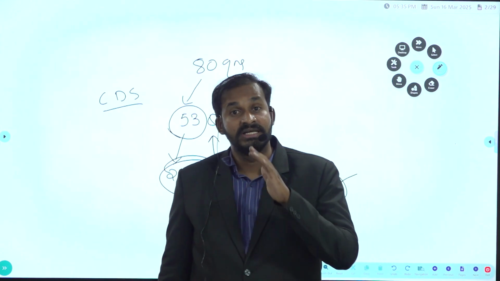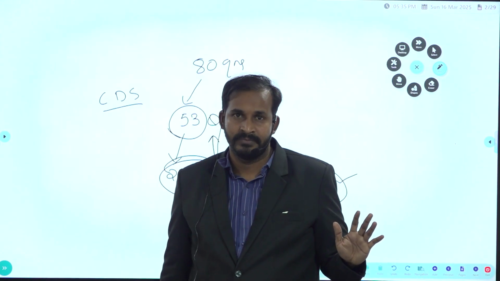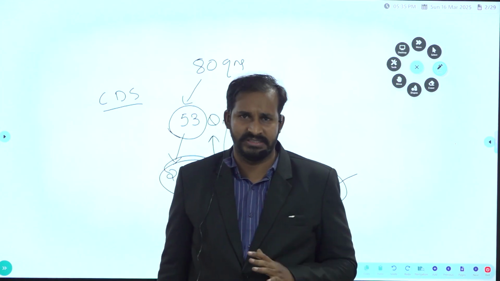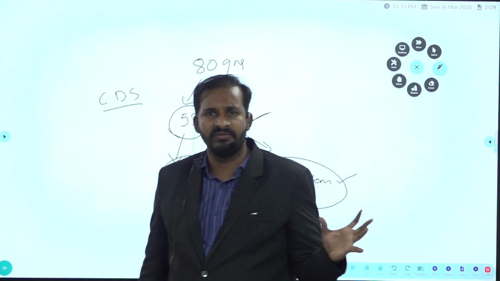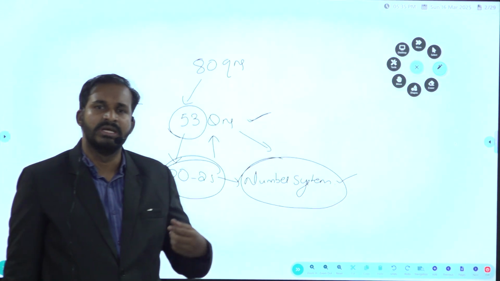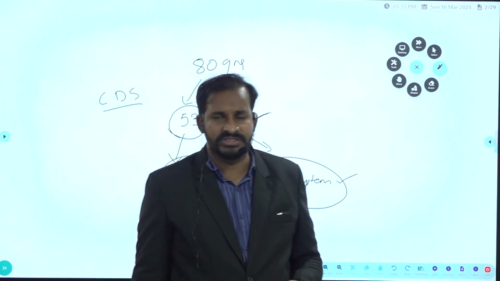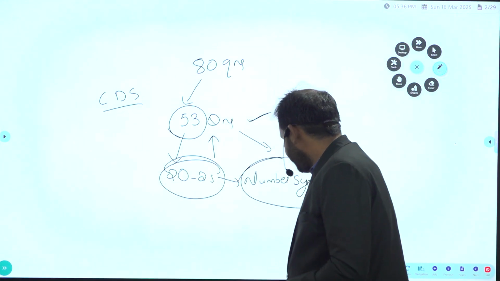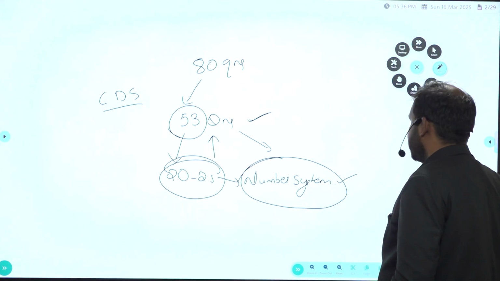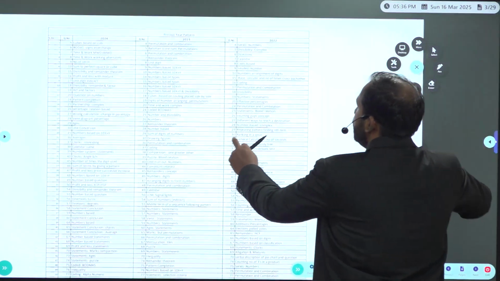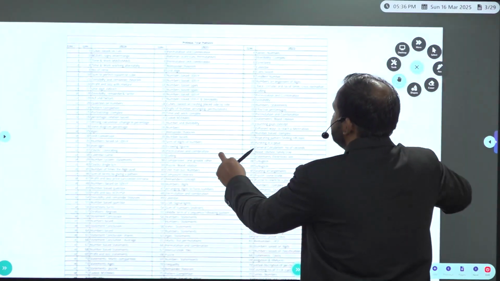So we will discuss number system in detail. When it comes to other topics, we will learn them, but not from the basics. We will see some of the previous year questions or the new pattern of questions which were asked from those concepts. We will simply solve those questions and try to get the answers. Okay, now we will see the last 3 years. In the last 3 years, what actually happened with these questions? How are they asking the questions from this area?